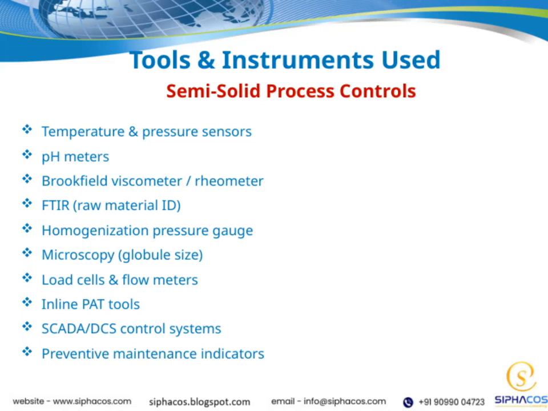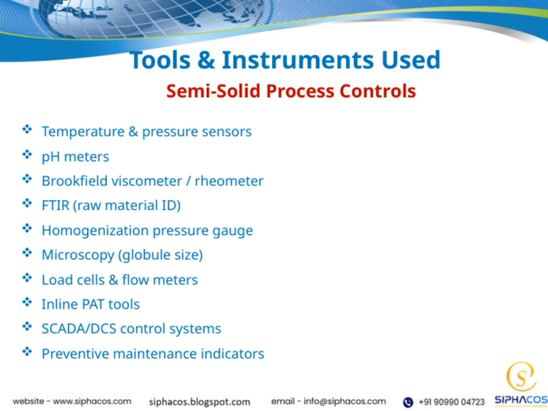On this slide, we're looking at some of the key tools and instruments used in controlling the semi-solid processes. First up, we have temperature and pressure sensors. These are essential for maintaining the right conditions during production, ensuring consistency and quality. Next, pH meters help us monitor the acidity or alkalinity of the mixture, which can significantly impact product stability. We also use Brookfield viscometers and rheometers to measure viscosity and flow behavior, critical factors for understanding how our semi-solids